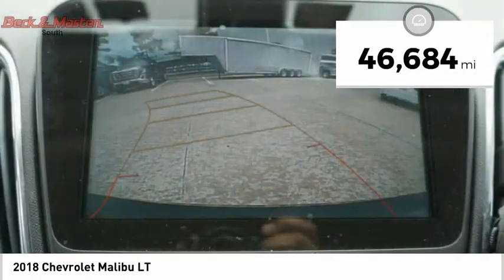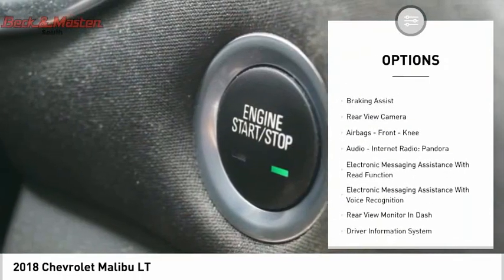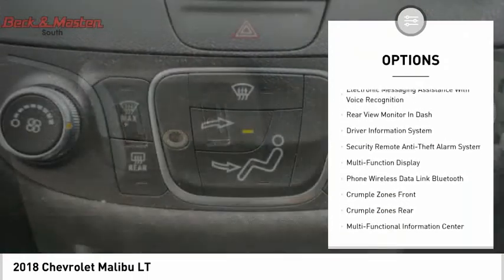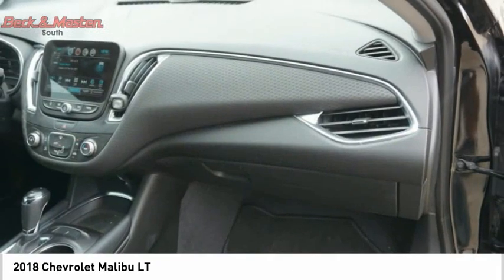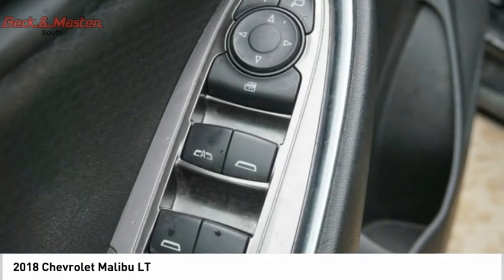Here are some of this vehicle's great options: power windows with safety reverse, traction control, stability control, power brakes, braking assist, rear view camera, airbags, front knee, audio, internet radio, Pandora, electronic messaging assistance with read function, electronic messaging assistance